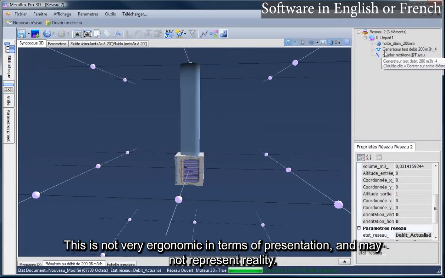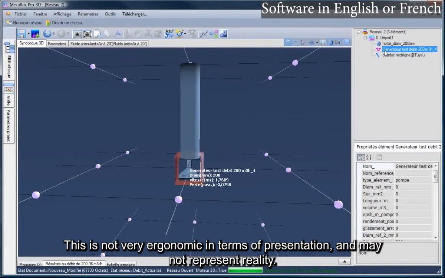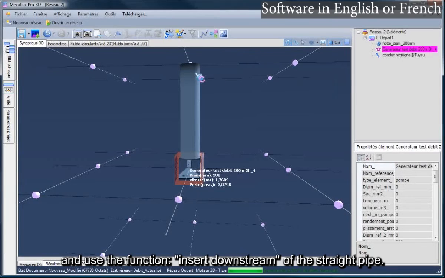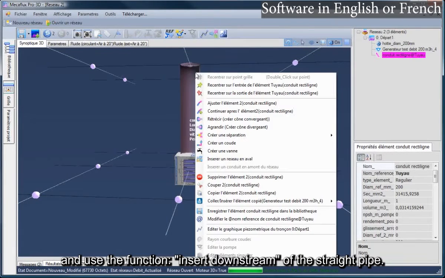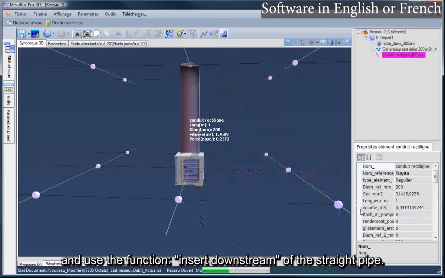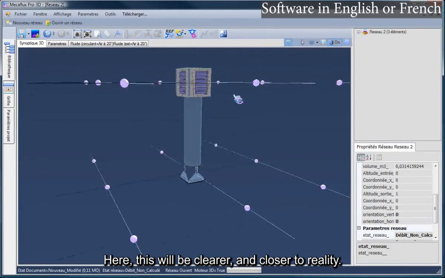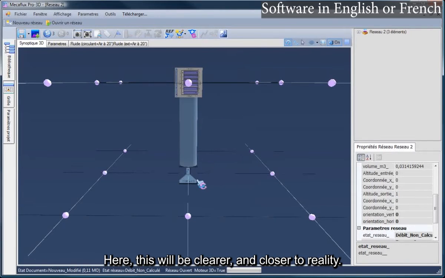This is not very ergonomic in terms of presentation, and may not represent reality. So we can select the generator, right-click, cut, and use the function, insert downstream of the straight pipe. Here, this will be clearer, and closer to reality.